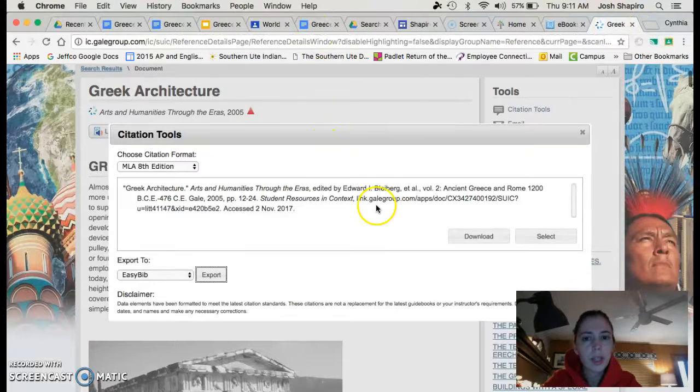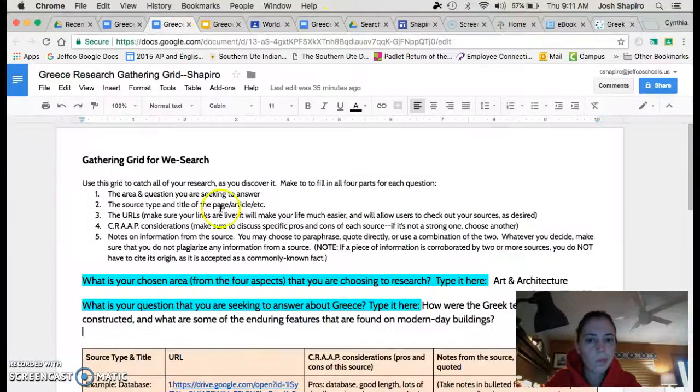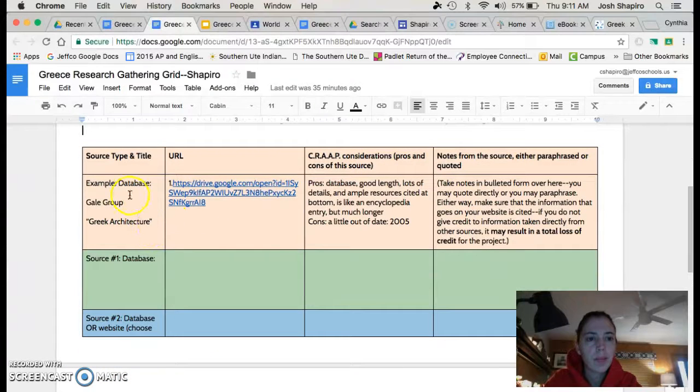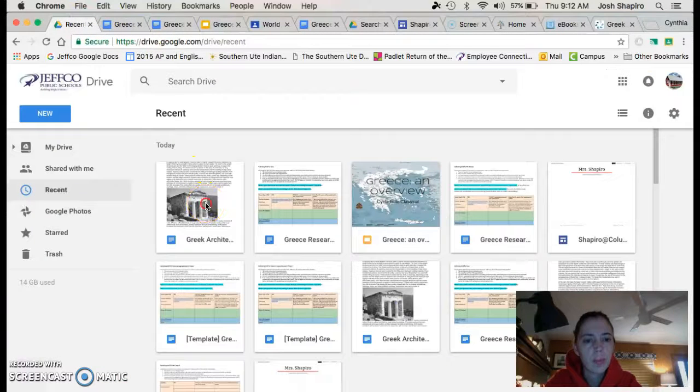So one other thing that I wanted to show you real quick, and then we're just about done with this walkthrough, is when you guys are entering information into your gathering grid, make sure that you put the source title and where it's coming from. Okay, so the source type is a database, and it's coming from Gale Group, and it's called Greek Architecture. Here's the URL, and what I did is basically from my source,